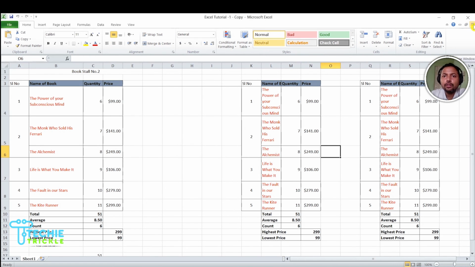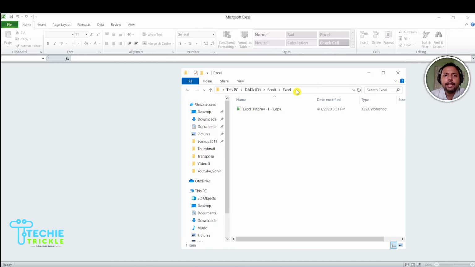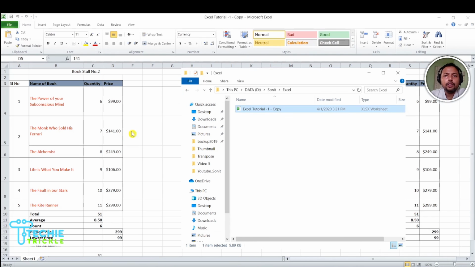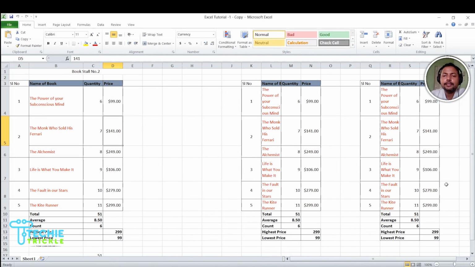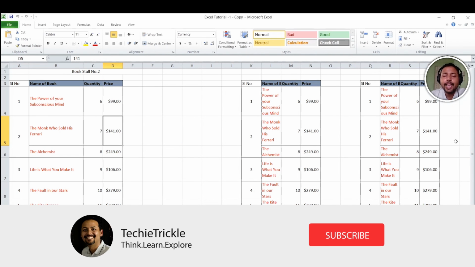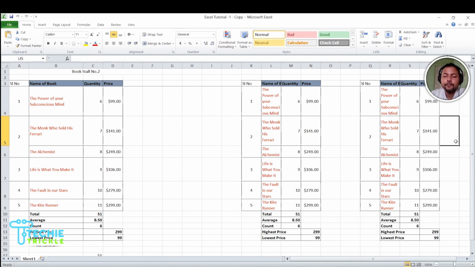If I now close this and again open that file, Excel tutorial 1 hyphen copy, you would see that it now retains the original data that I have. So basically I have retrieved all the data that I had actually lost. So this is the way in which you can get it.